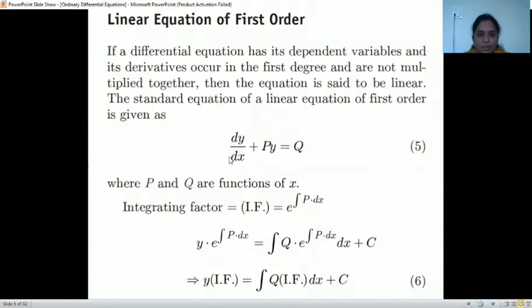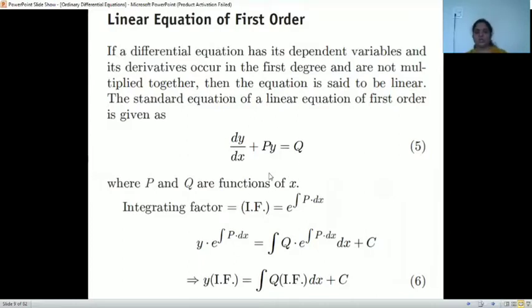Okay, dy by dx plus py is equal to Q, right? This is the equation. If there is a term dy by dx, there is p into y. And if there is the derivative term like dx by dy, then there will be p into x. Remember, in dependent variables, there will be the equation that is in y. This equation is in y, right? If x is in the numerator, dependent variable is x and equation will be in x. Get it? So such a form of the equation is called linear.